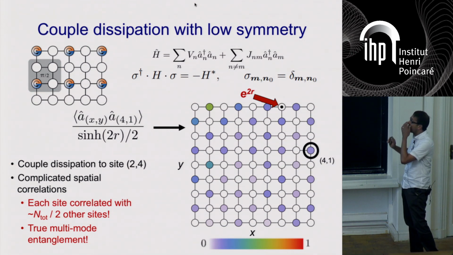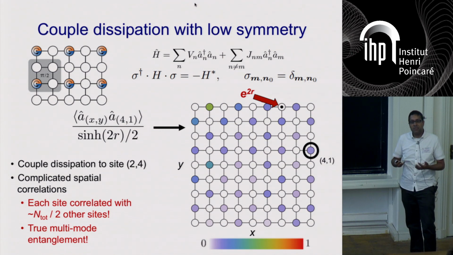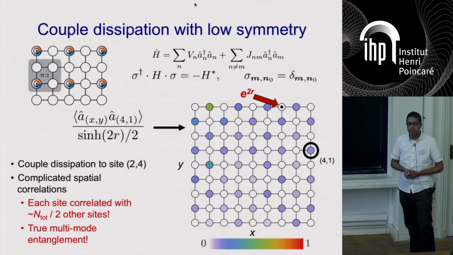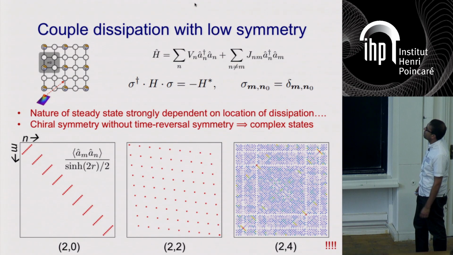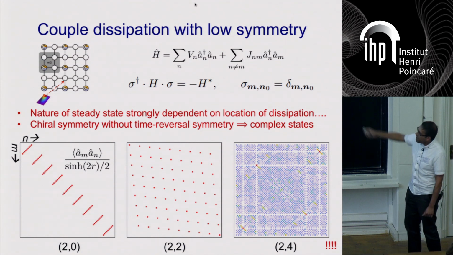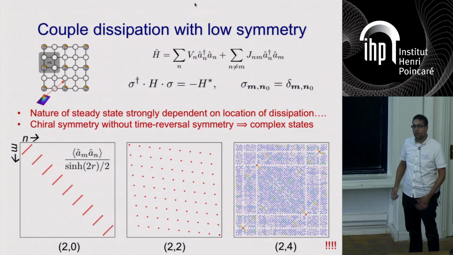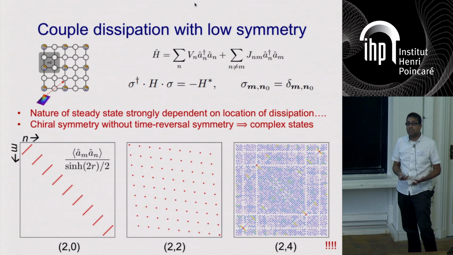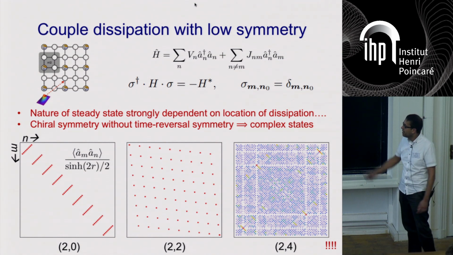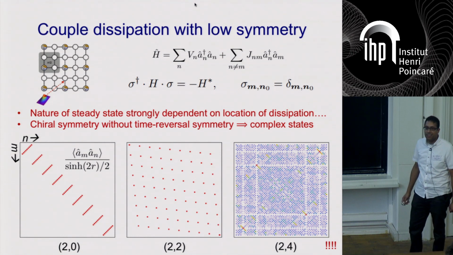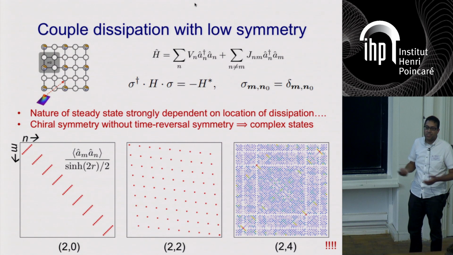I think no matter how you try to think about this, this is a pretty rich, complex, albeit Gaussian, entangled state. You have multi-mode entanglement here. Okay, so the upshot of all of this: when you break time reversal symmetry, so if you give me a Hamiltonian that has phases in it that I can't get rid of, but has this chiral structure, you really have the ability to generate a lot of different interesting multi-mode entangled states, depending on where you decide to